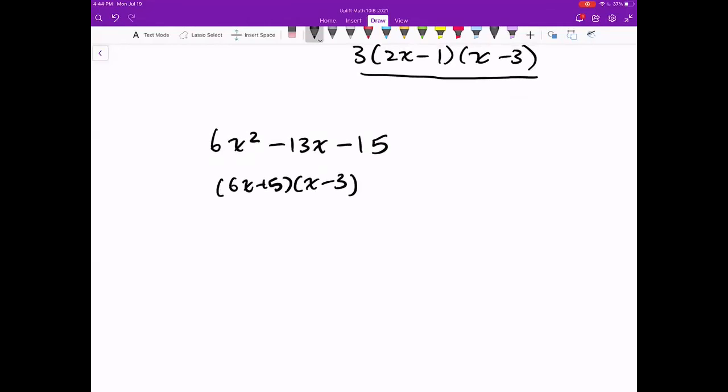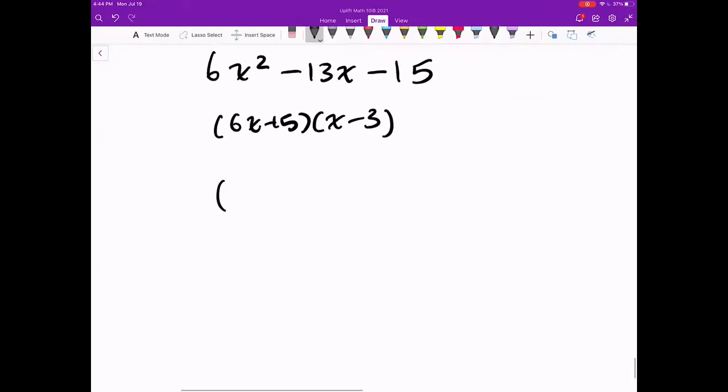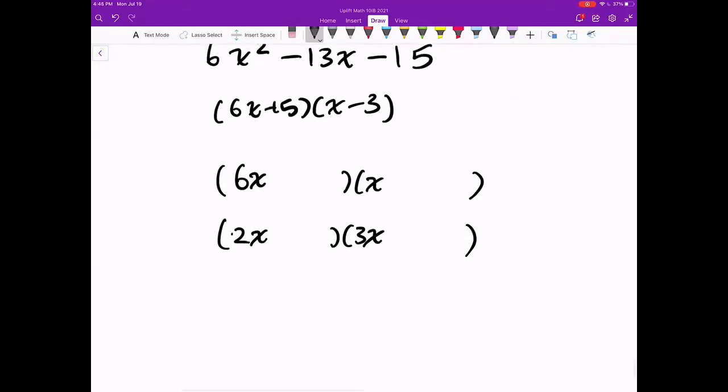So David, do you understand my method, or should I explain it? Yeah, I kind of do. Do you want to explain it then? Yeah, I'll explain it. What we do is write out all the possibilities for making 6x squared, so 6x and x. And then we also have 2x and 3x. It's fine if you write it that way. And then I think you have